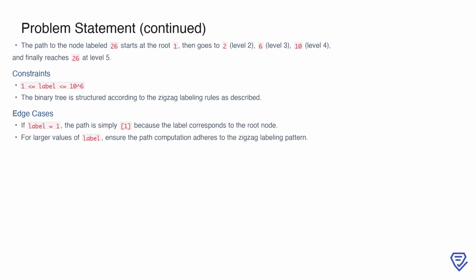When solving this problem, there are constraints to consider. The label is always between 1 and 10^6, so the solution must handle large inputs efficiently. Additionally, the binary tree must always follow the zigzag labeling rules. For edge cases, if the label is 1, the path is simply 1, since it corresponds to the root node. For larger labels, the solution must carefully compute the path while adhering to the alternating labeling pattern described in the